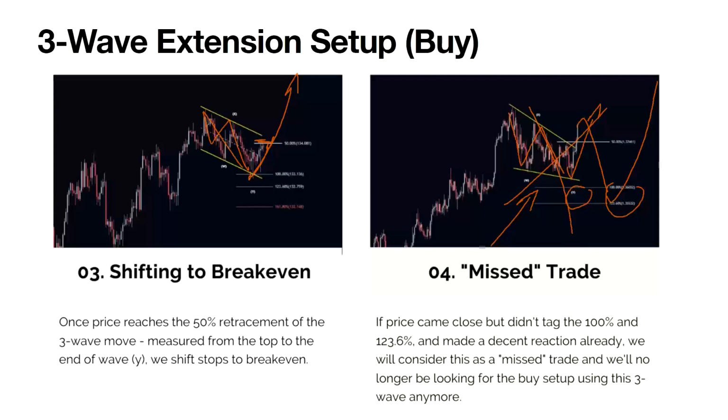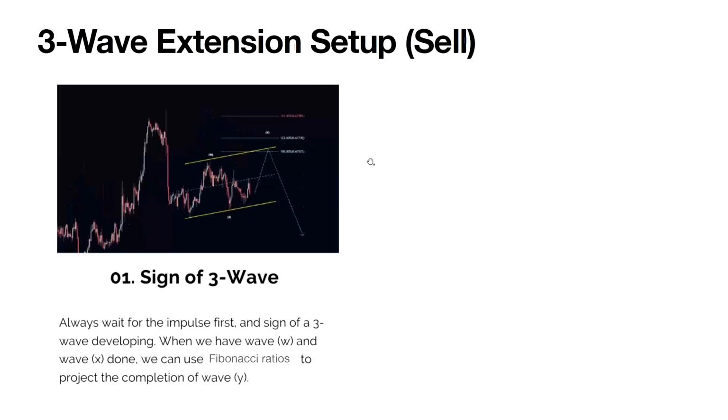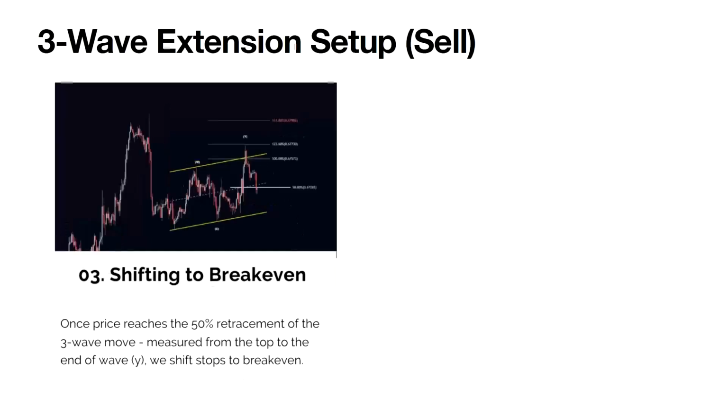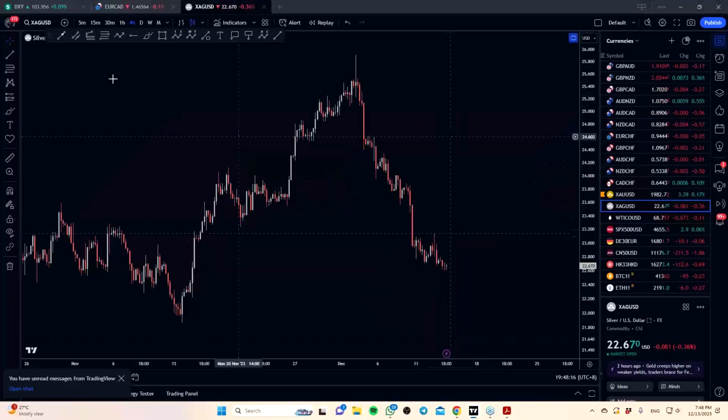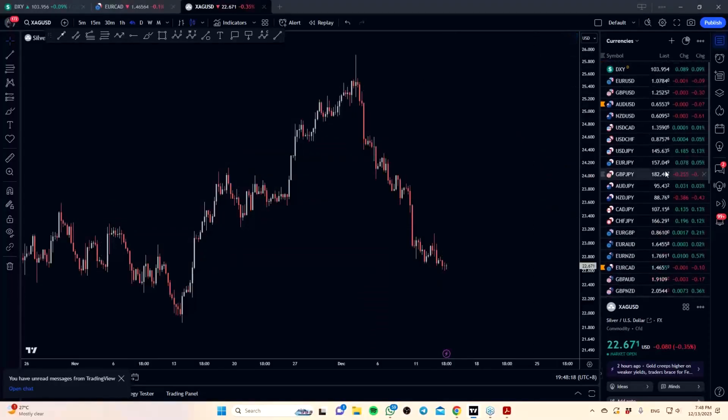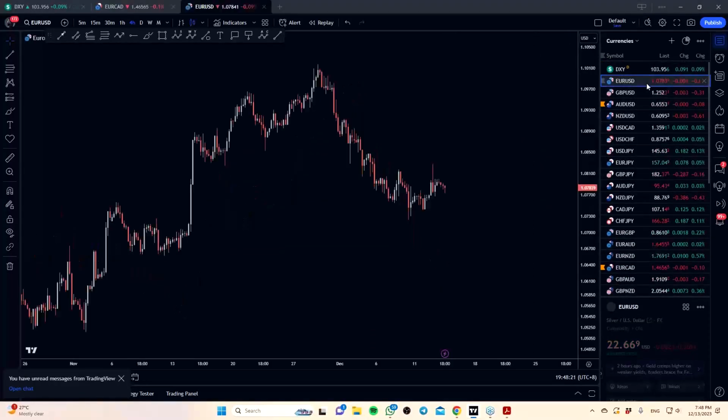These are some examples of setups. We have a buy side of a setup, and we also naturally have a sell side of the setup. It's basically the same thing, just flipped. This is an example of it. Now let me bring you over to the chart and see if we have any setups as of now that look like that.